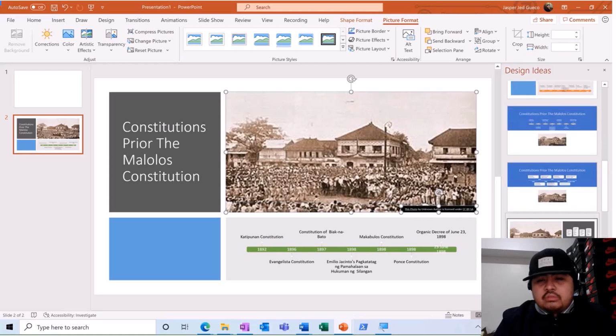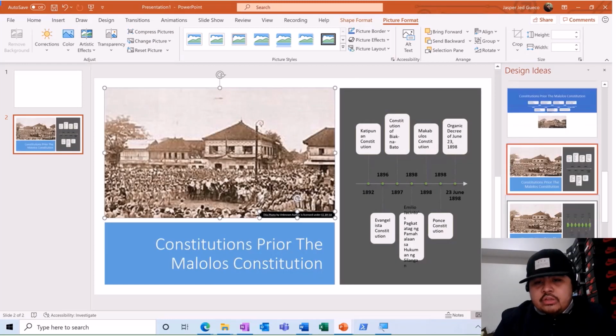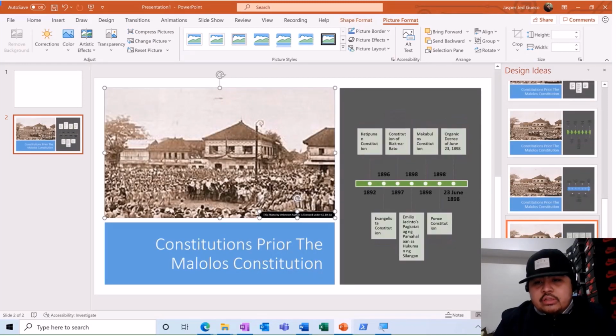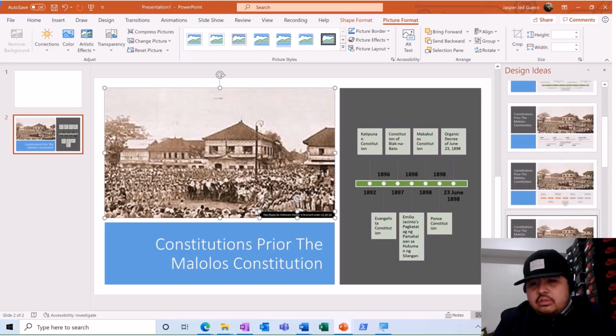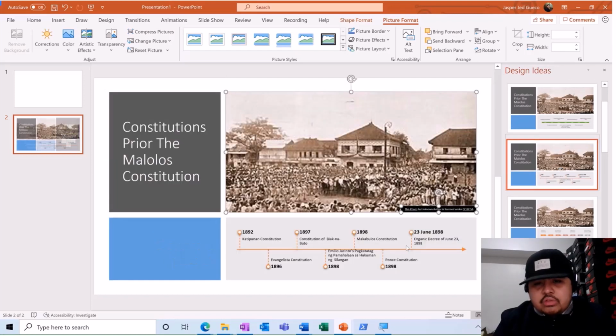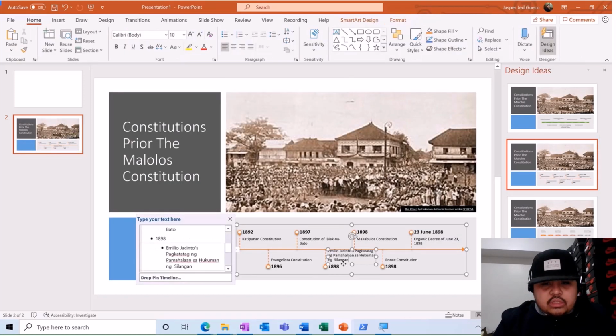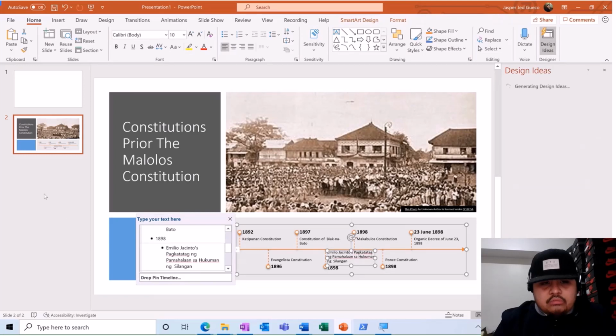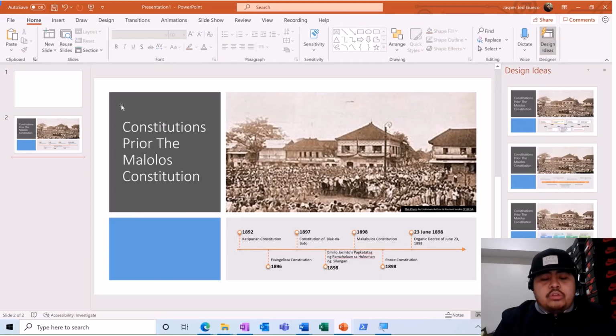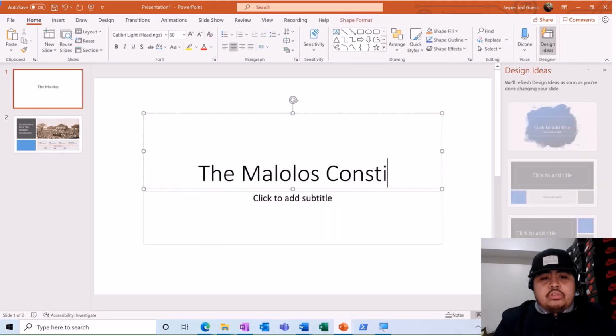So I'm going to choose whichever is compatible or whichever is beautiful or suits my needs. This one is good. I'm just going to do a little bit of editing here, and there we go. Now I am done with this specific slide. Probably I could create a